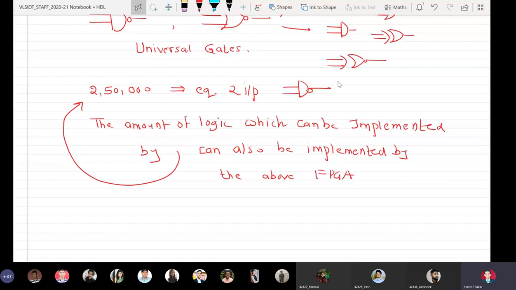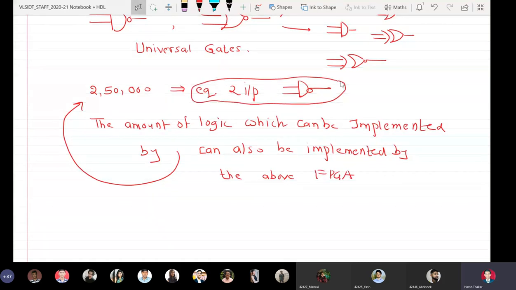Okay, so this is an old-fashioned definition of describing the logic density or the ability of an FPGA.